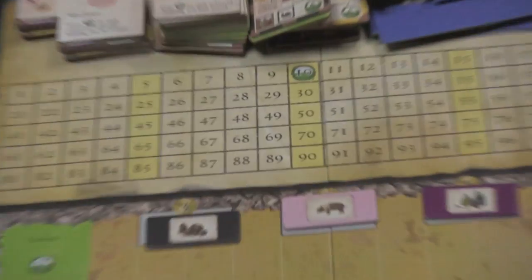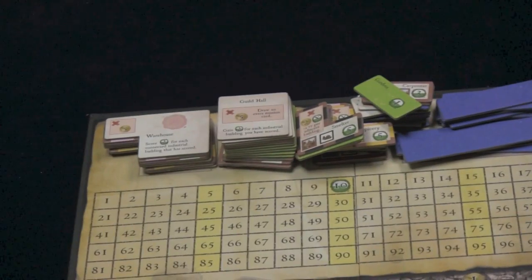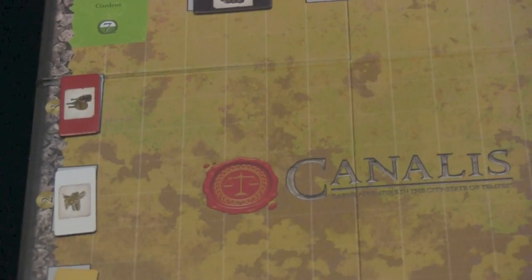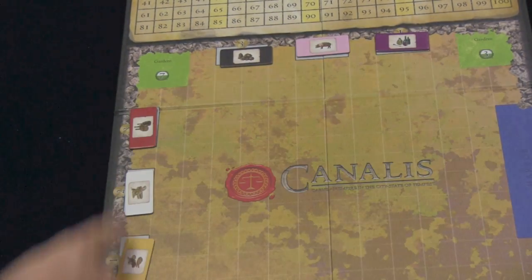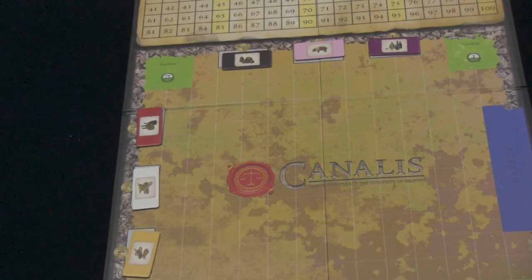The board itself has a scoring track up here and also has piles of all the tiles there, sorted by shape. It doesn't really matter how they're piled because you can pick up a pile and sort through it when you're looking for a specific building. At the beginning of the game, there's 8 resources, and you're going to place 6 of them randomly around the board in those spots there. These 6 buildings